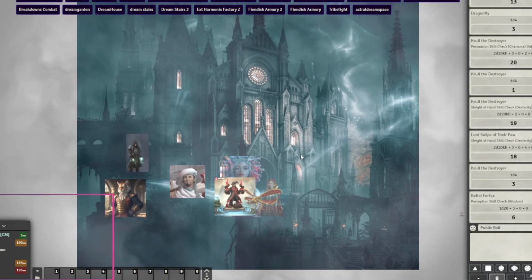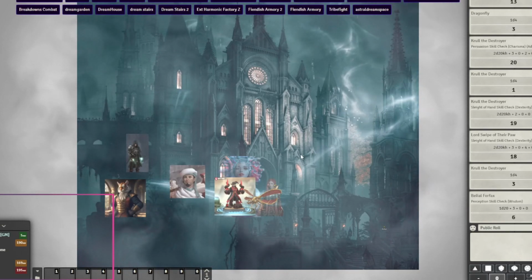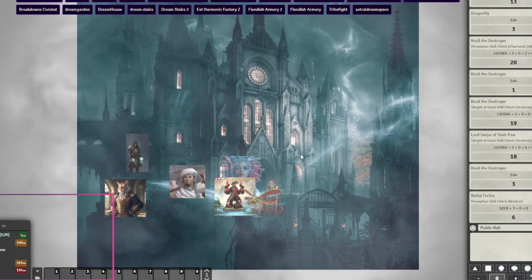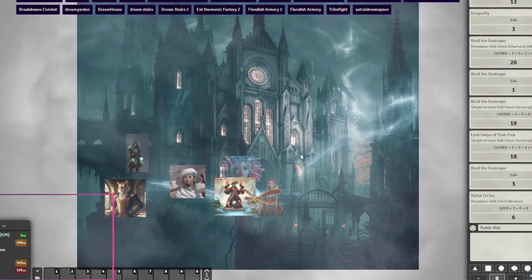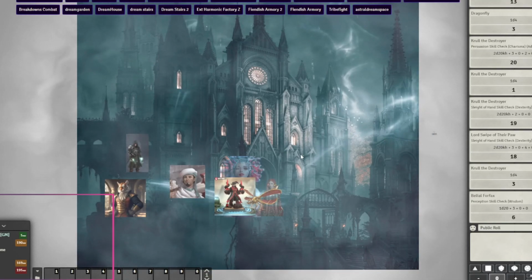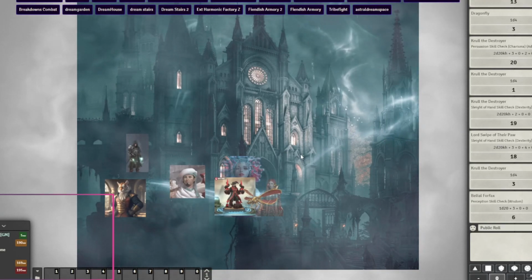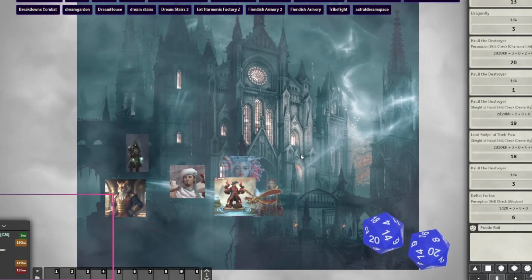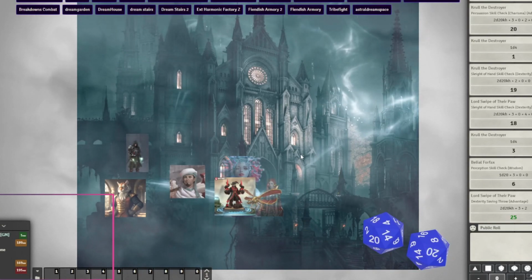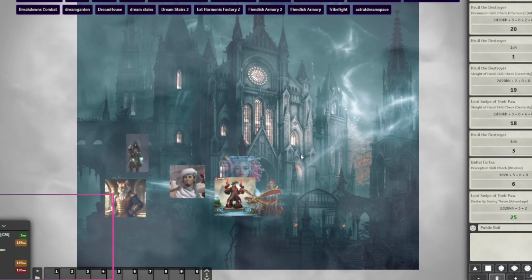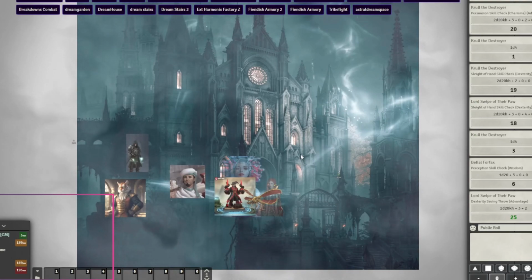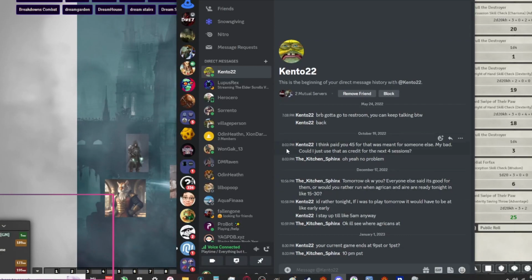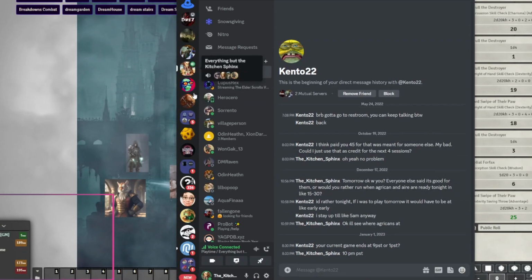Everybody feels the turbulence rocking the cabin. Everyone needs to roll a reflex save. And if you're buckled in, take advantage. And reflex is, oh, sorry, dexterity. Dexterity save. I haven't played Pathfinder in about a year, and I still call it a reflex save. Lord Swipe with the 20. That is going in the inspirations.